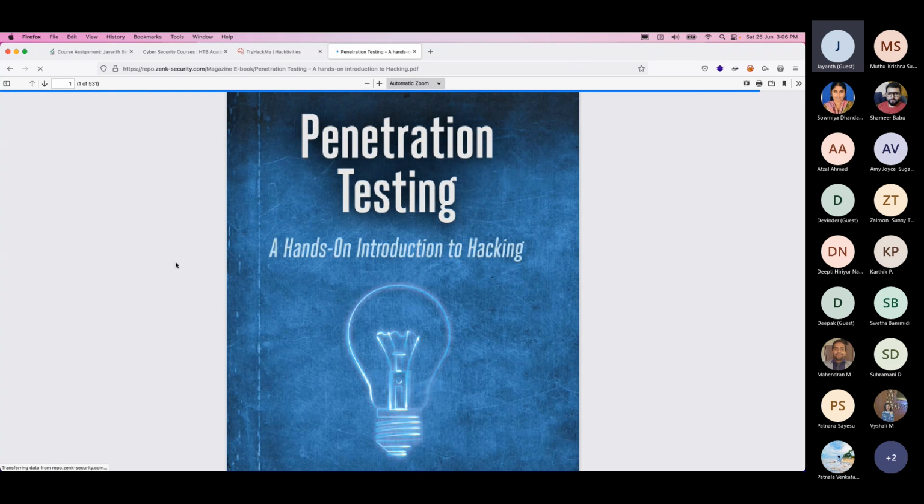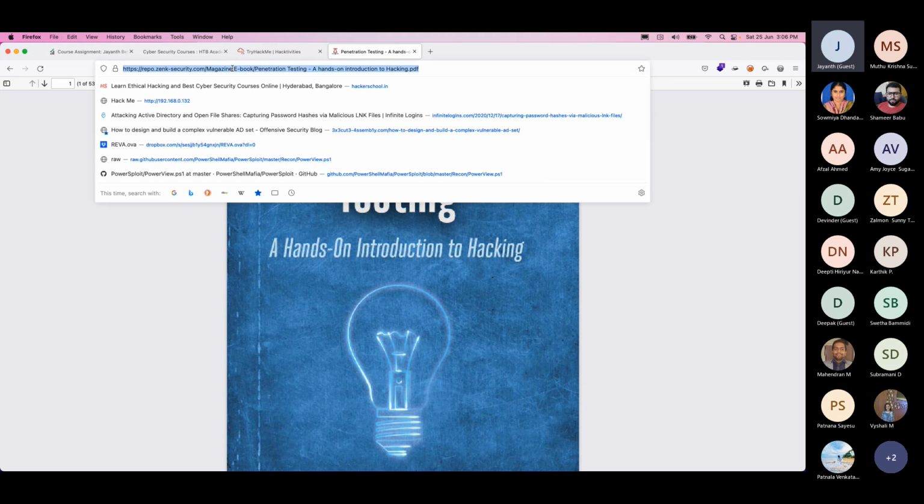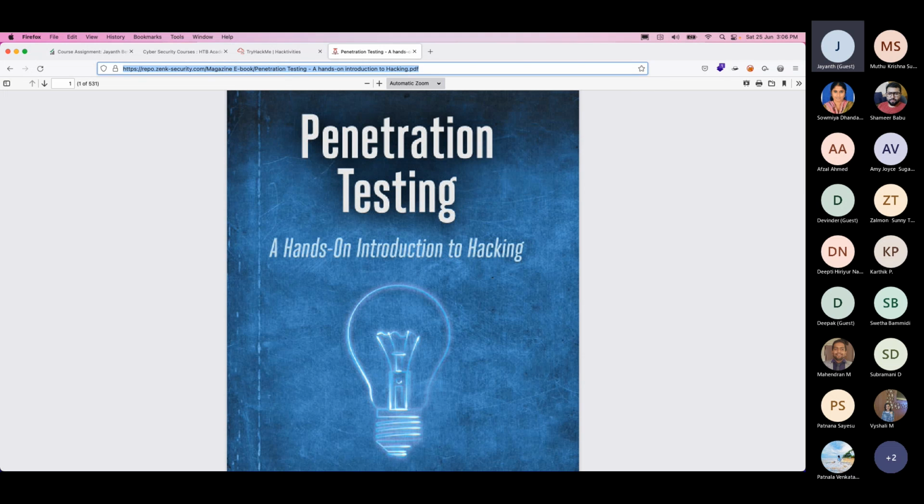Arey yaar, I saved 3,000 rupees for all of you. Go get this book. So this is completely illegal. I'm not encouraging you to do that, but